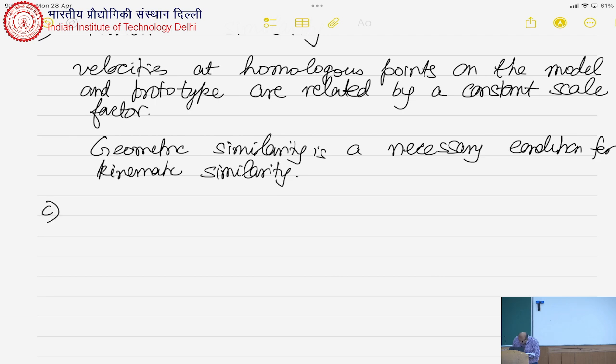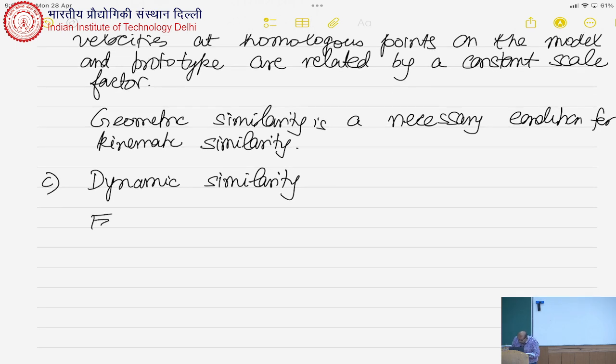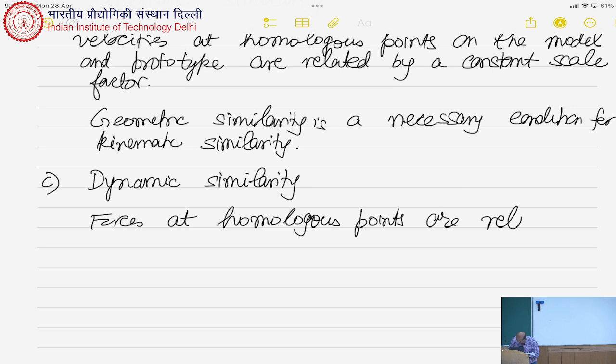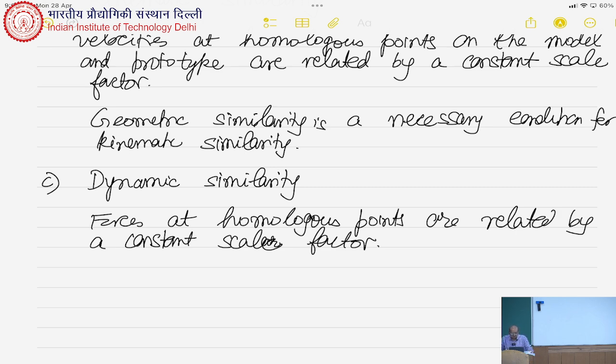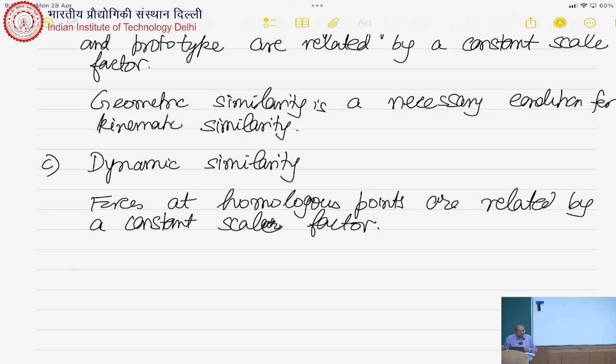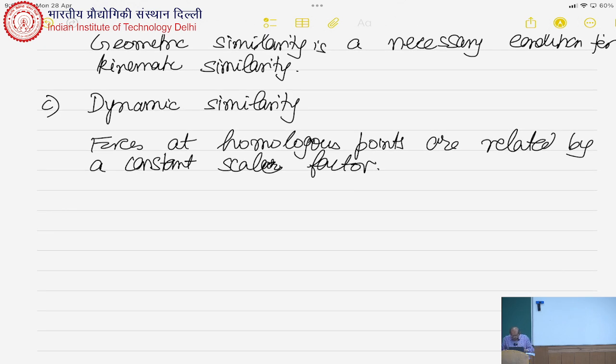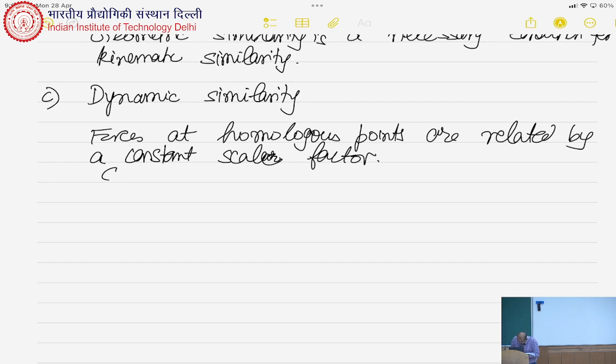And the third thing which we get, if the flow conditions are met, is dynamic similarity, and which is forces at homologous points are related by a constant scale factor. Okay. Now, geometric and